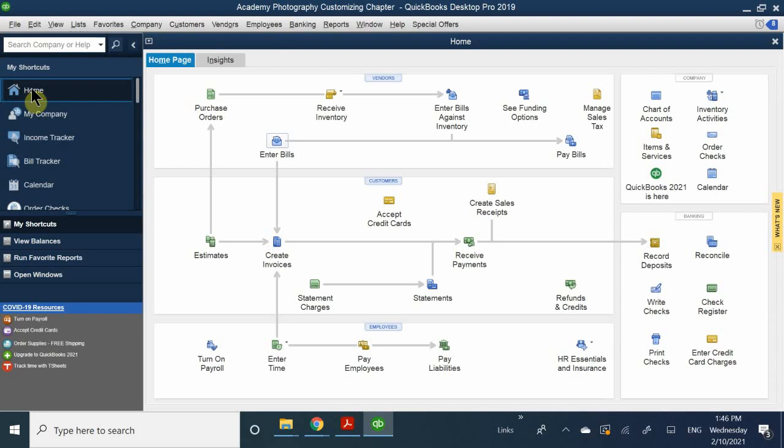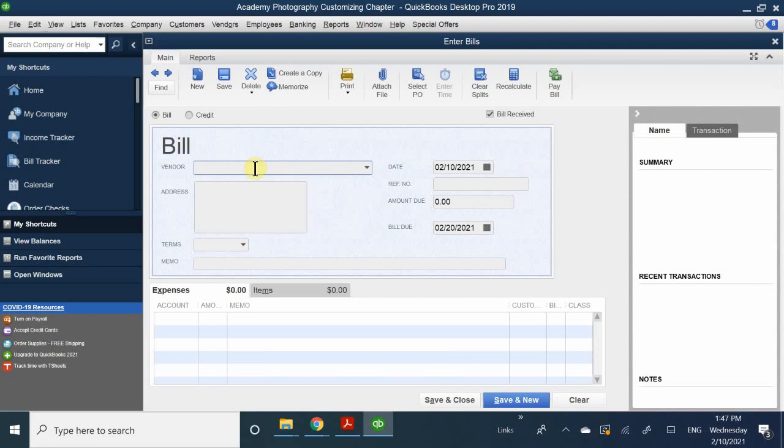So this can be a good thing, but it can also be a bad thing. It's a personal preference because if you are the kind that is focused on one item at a time, then that would work best for you. But if you're a multitasker or you just have trouble memorizing in general, like for example, if I were to enter a bill, right? And I click that enter bills window and I'm like,